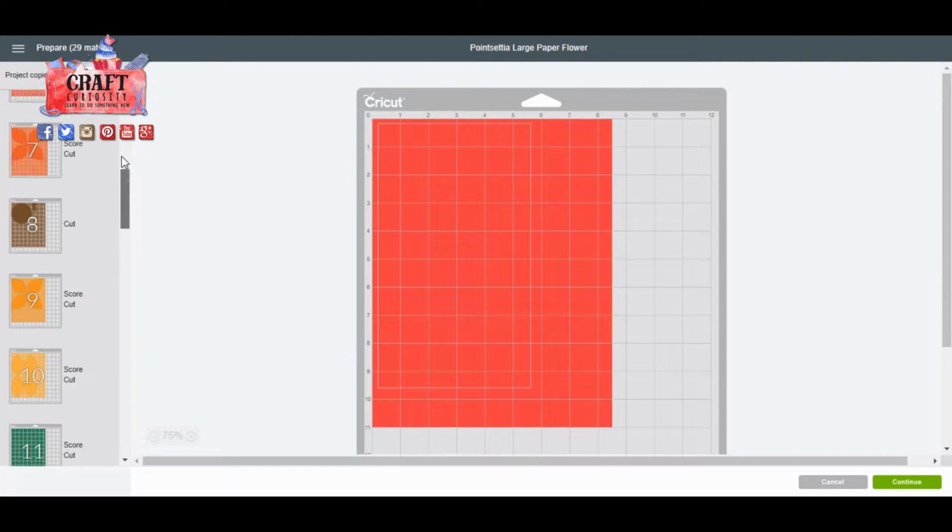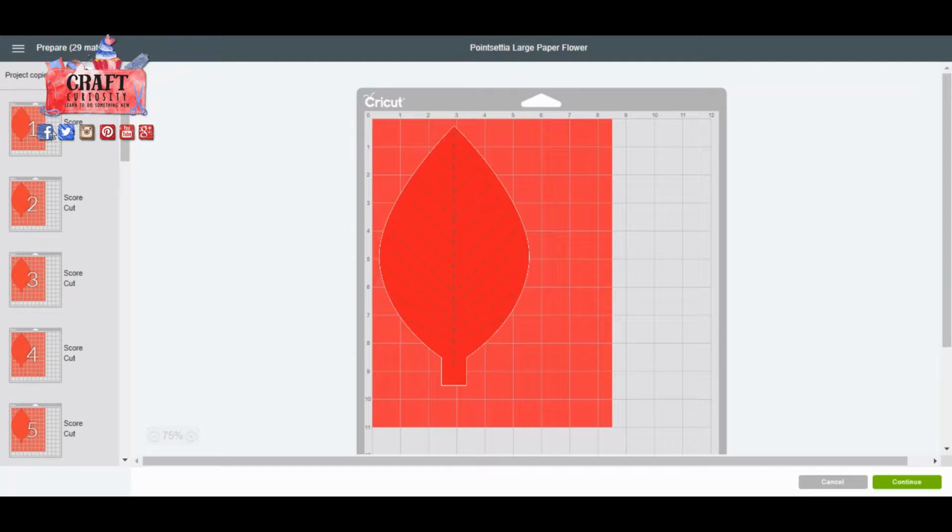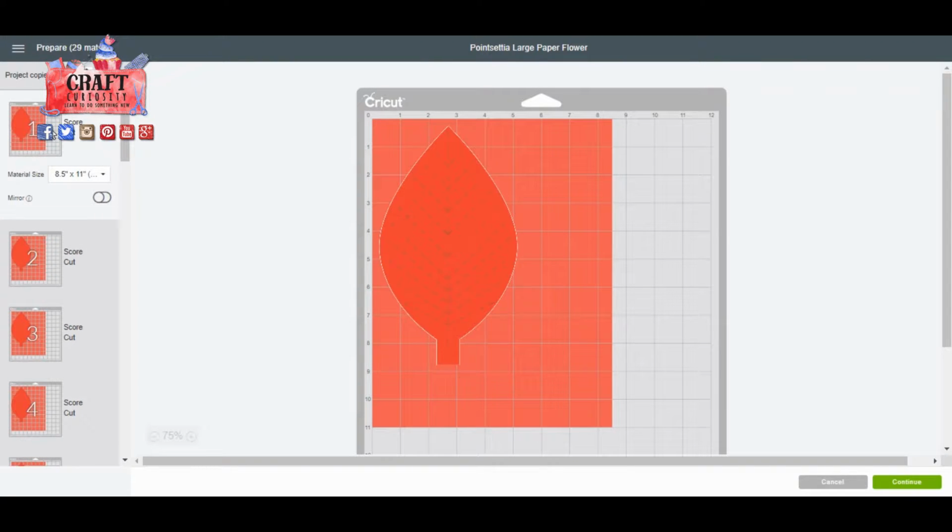Yep, okay, so now the other thing you need to do is come all the way back to mat number 1 and click on it so that your flower will start cutting on that mat. Okay, so now that you're done, you've done all your setup, your paper is all selected, and by the way, if you're on 12 by 12, you don't need to do that part. Then click on Continue,